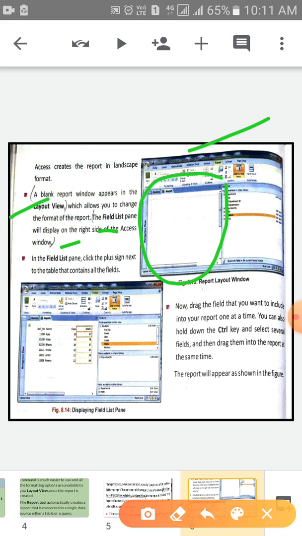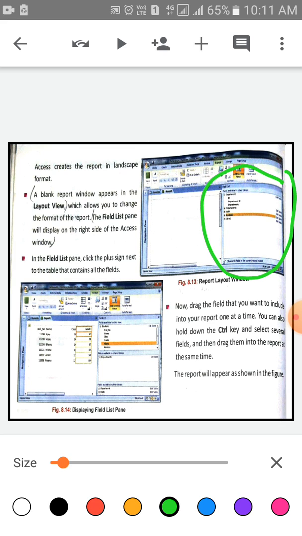In the field list pane, click the plus sign next to the table that contains all the fields. After that, children, drag the fields that you want to include into your report.